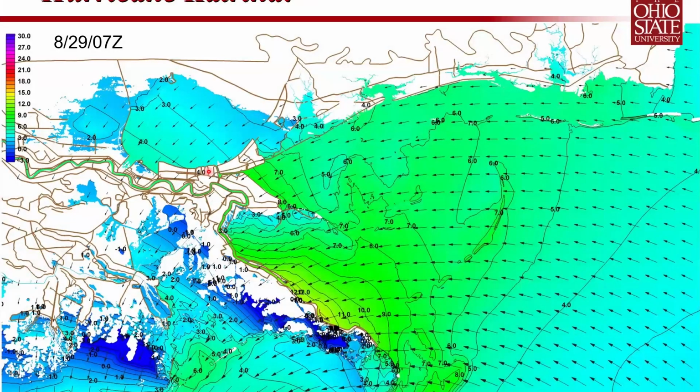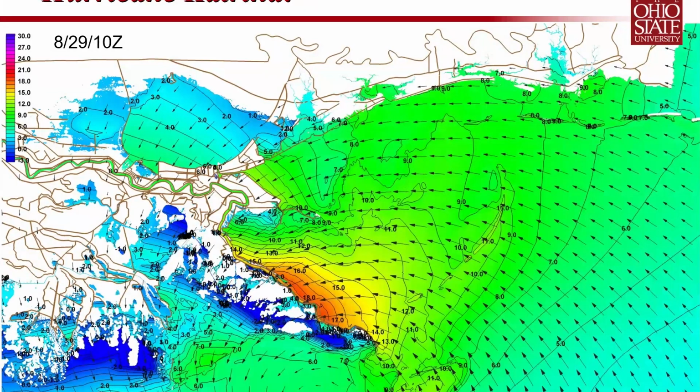So what we're seeing is, again, here is the area where we have downtown New Orleans, which you can initially see is all dry. There's no water on it. And the colors here indicate the water surface elevation, and the arrows indicate the wind velocity. So as I start to go through here, you'll see the eye of the storm come into play here.